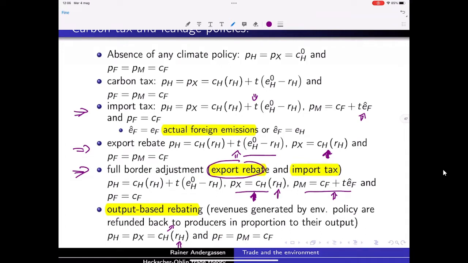Since the tax is in place, firms change their behavior, and in particular they switch to more costly technologies which are greener, because they try to reduce emissions. That's why they have higher costs, and that's exactly what you would like to do. But you would like to level the playing field somehow, so you try not to punish your firms in the home market and in the foreign market.